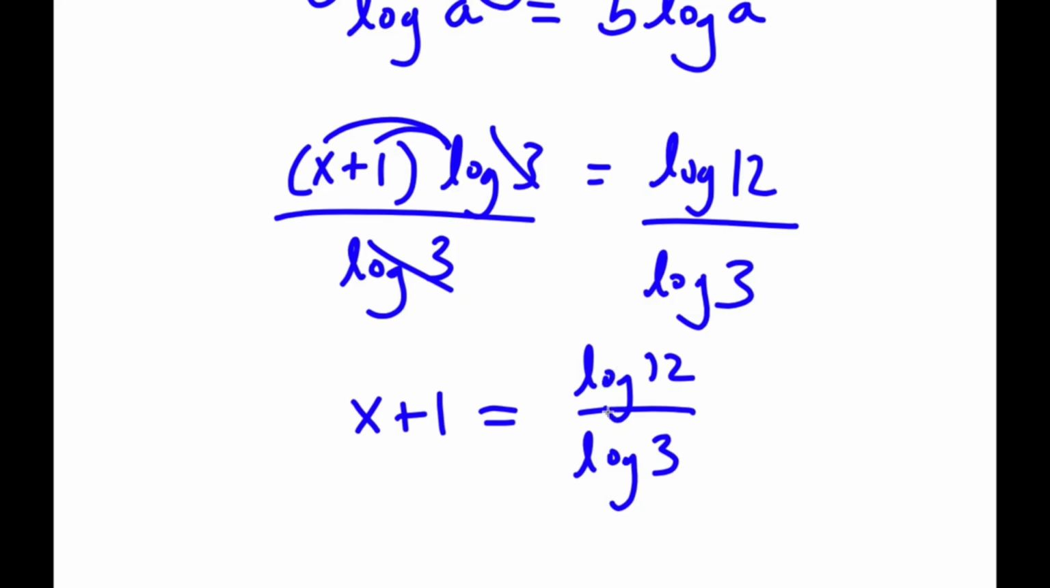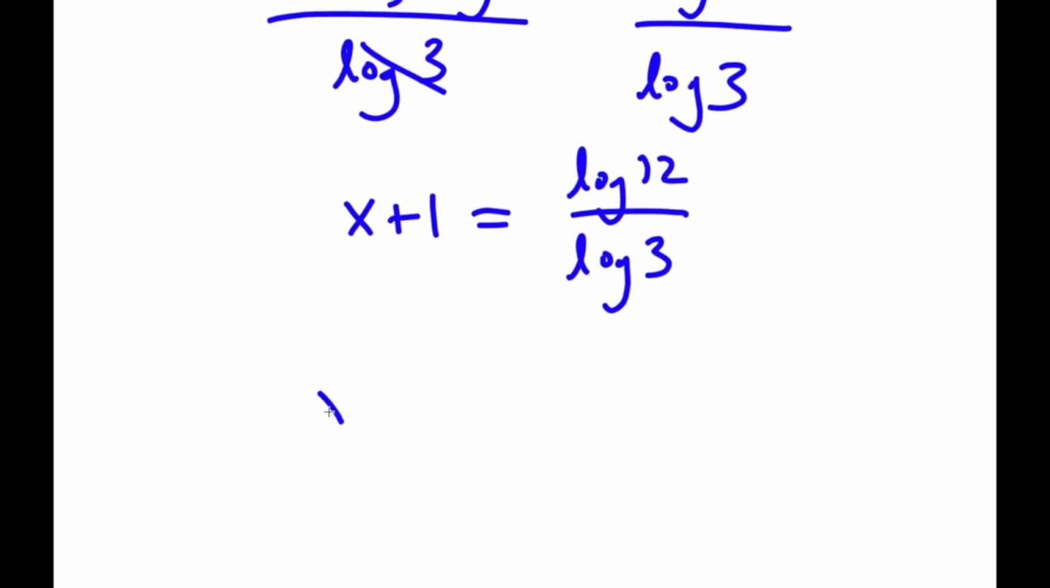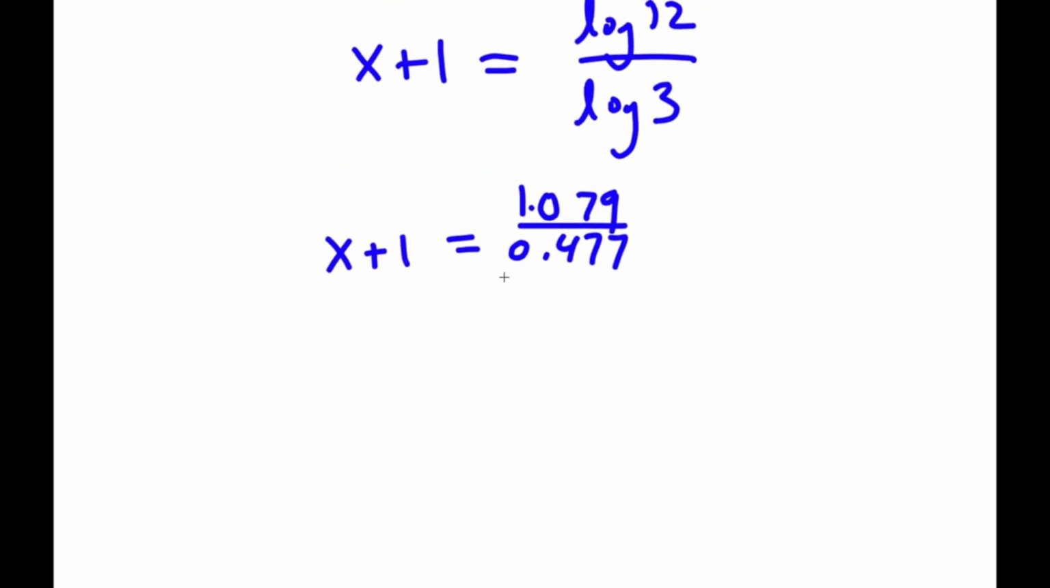So log 12, you could just simply plug this into a calculator. The value of log 12, that's equal to approximately 1.079. And log 3, you could also put that into a calculator, that's going to be 0.477. So I have 1.079 over 0.477, and if I divide those two, I get